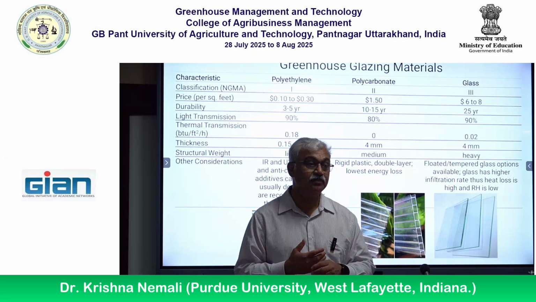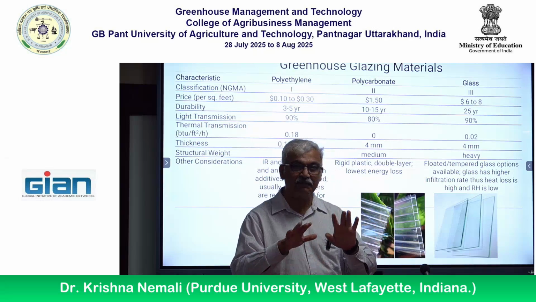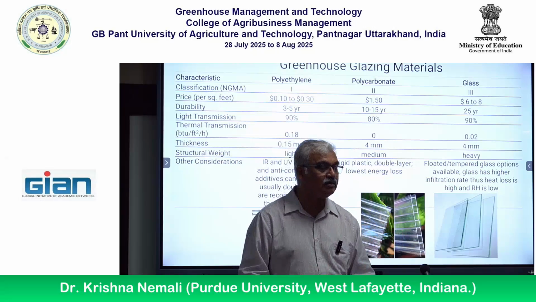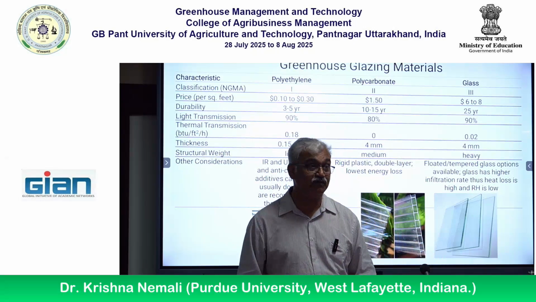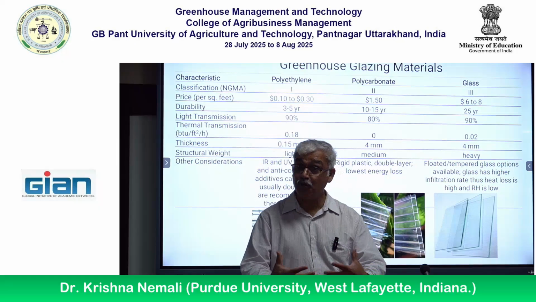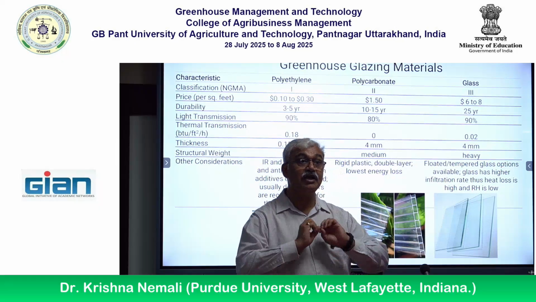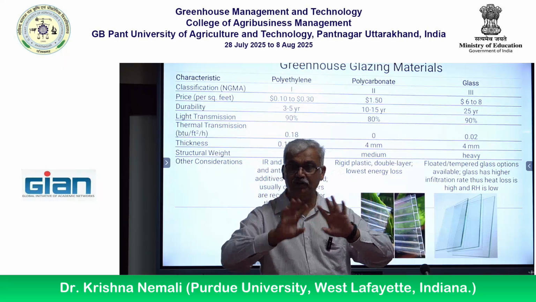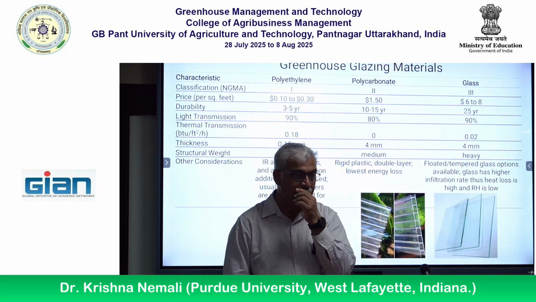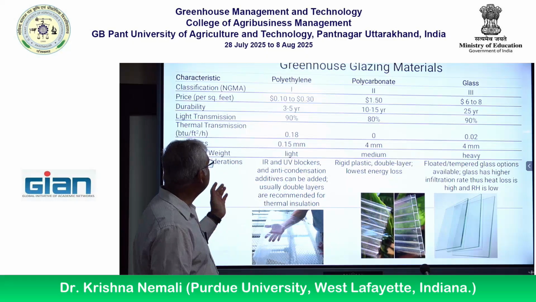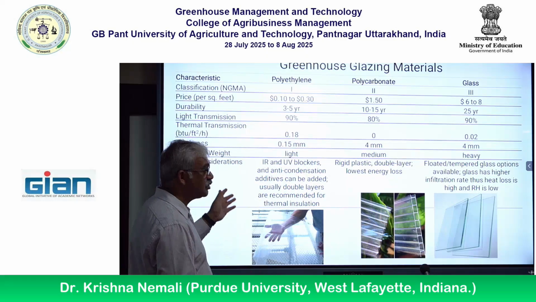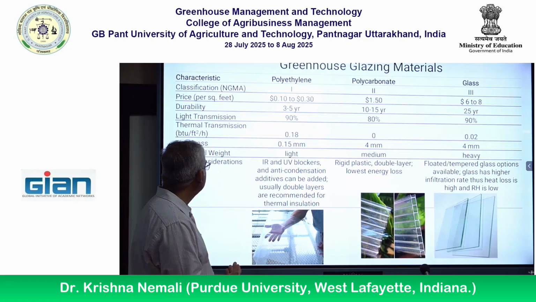So usually glass greenhouses have low relative humidity. They're a little bit drier, and this will be very useful in the case of a humid region. If you are in a humid region, it can be very humid inside. Glass can actually, simply because of the ventilation, infiltration. Okay. But these are the three types of materials, in terms of durability, price, light transmission, thermal transmission, structural weight